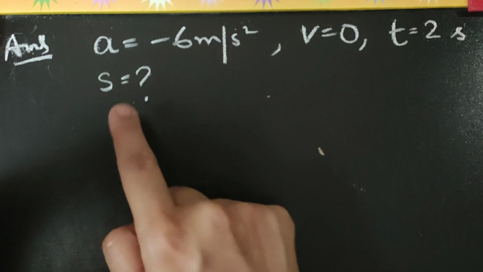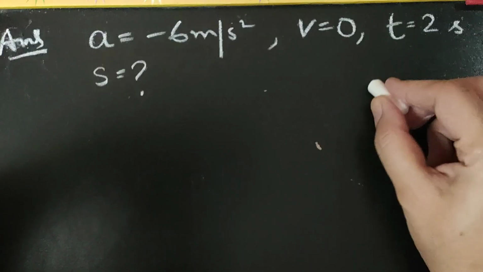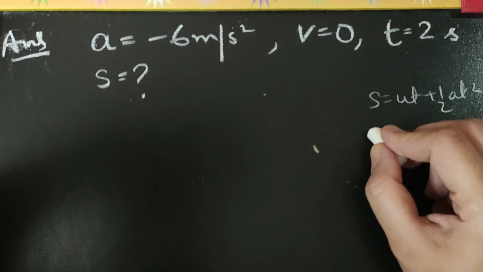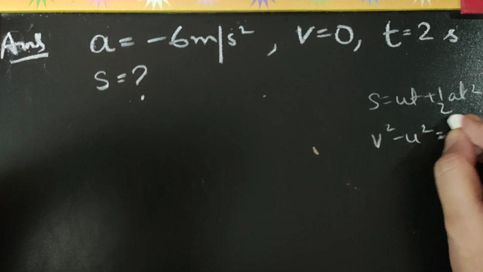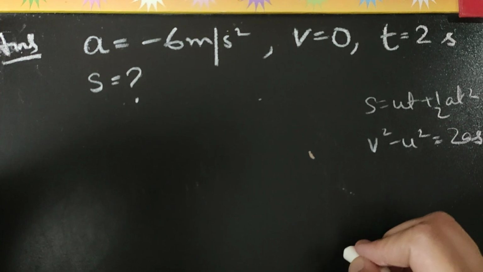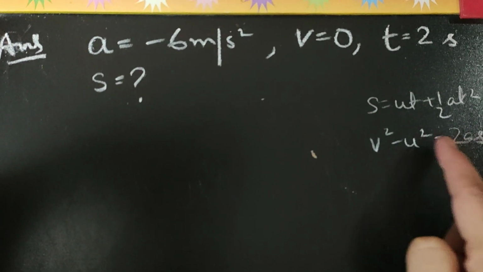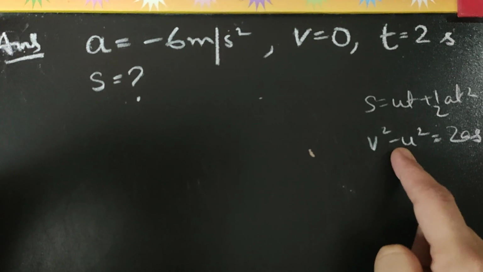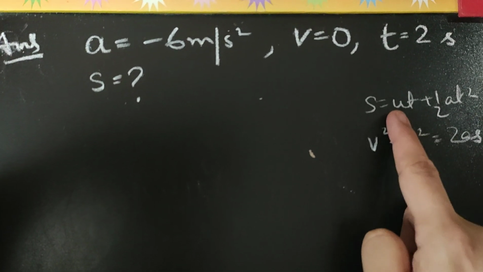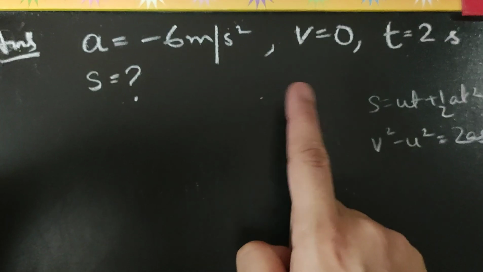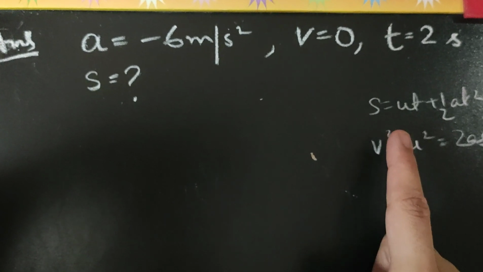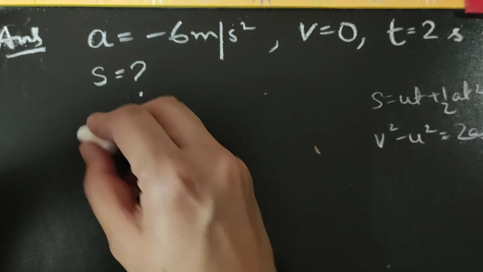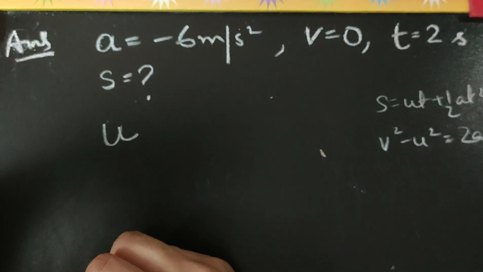Now to calculate s, we have two equations. One is s is ut plus half at square, and the other one is v square minus u square is 2as. Now to calculate s, in both the equations u is required. So our first task would be to find out the initial velocity u, which is not given in the question. So as a first step for solving for s, we will first calculate u, and for that we will be